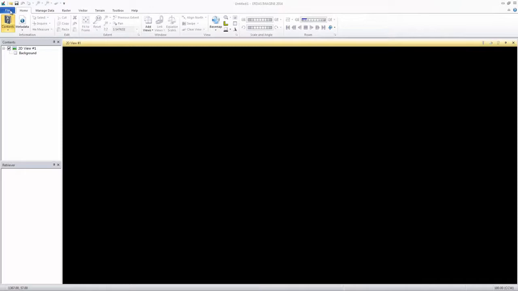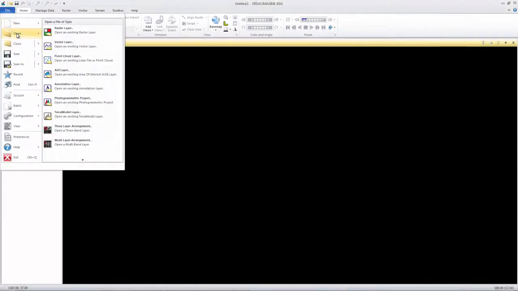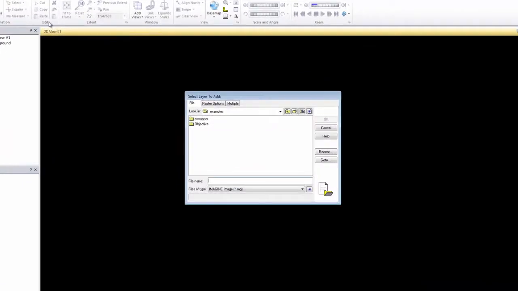First, let's load an image into the viewer. From the File tab, select Open Raster Layer. This opens the Select Layers to Add dialog box. Use this dialog to navigate to the directory containing your data and select the file to load. Here we'll use